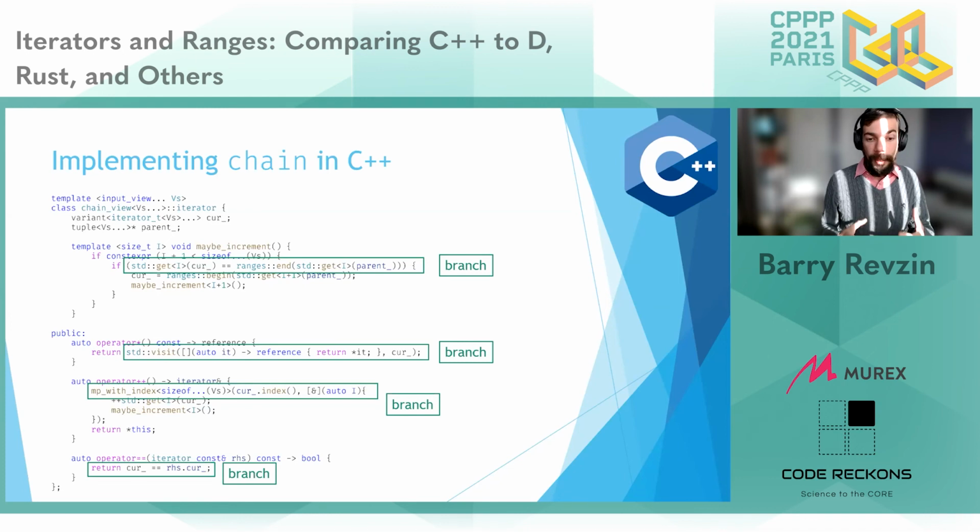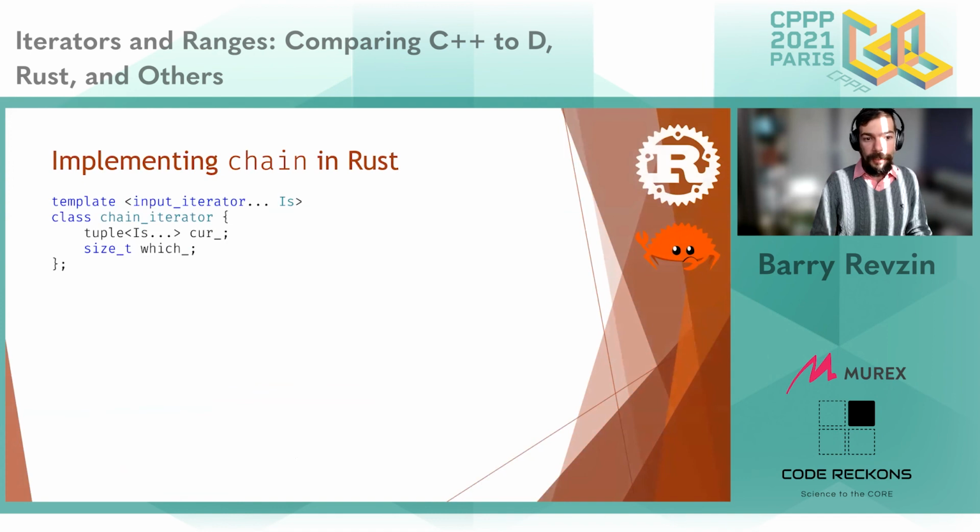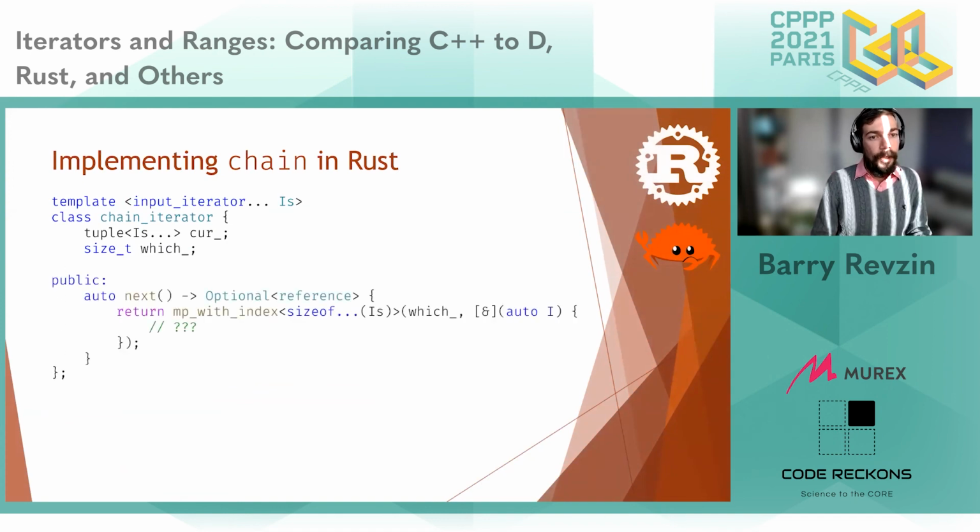And importantly, I'm not talking about the branch that is the result of operator equals. I'm talking about the branch that is just to get the result of operator equals. So as you can see, there are 4 branches per element that we have to do in order to support this algorithm. So this is pretty bad. This is probably the worst case for the C++ iterator model, at least as far as I'm aware. But implementing chain in Rust is no walk in the park either, because we basically have the same problem: